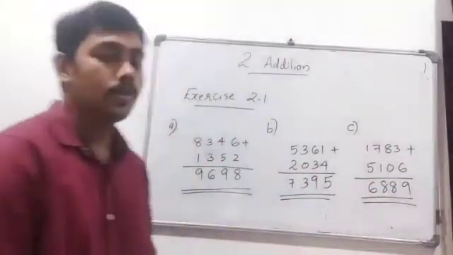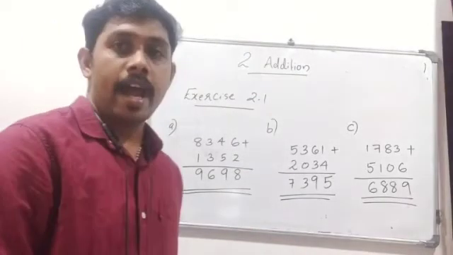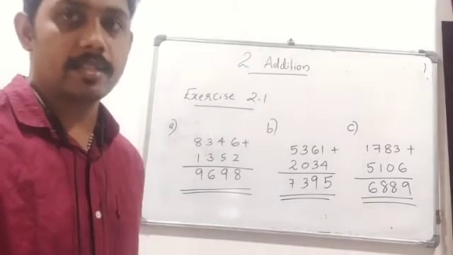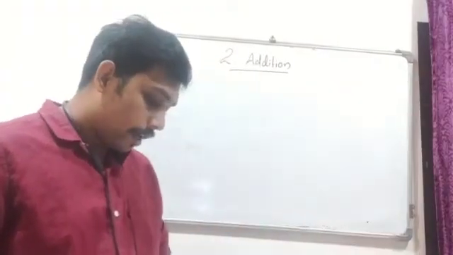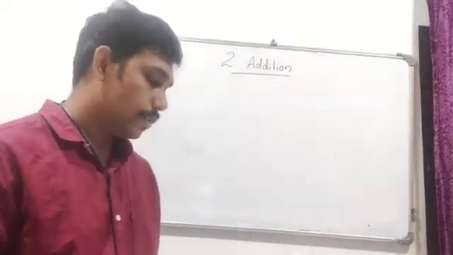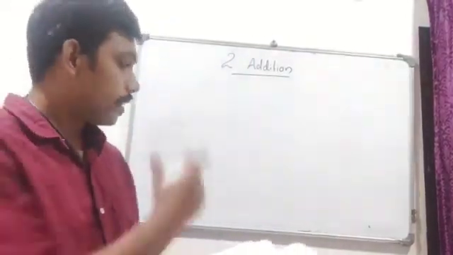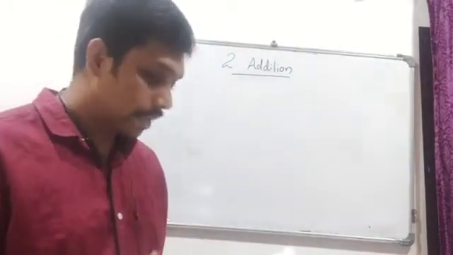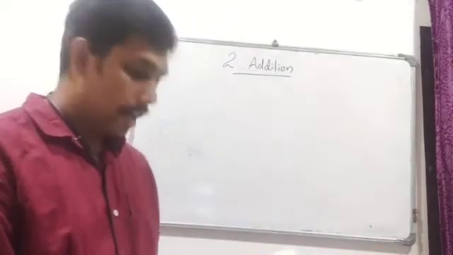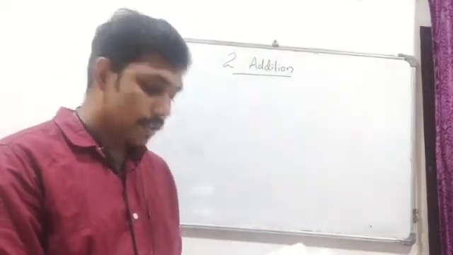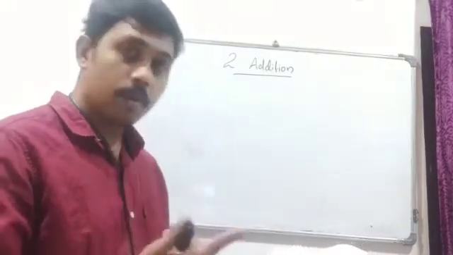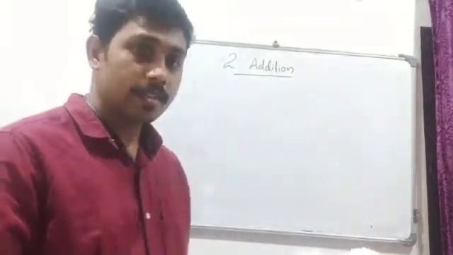So that's it. Here there are 9 more exercises in your textbook that you have to do in your textbook itself. Okay, the second exercise: arrange in columns and add. The first exercise is in the textbook, and the second question is arrange in columns and add. I am going to do the first two problems, and then you have to do the other problems as homework.